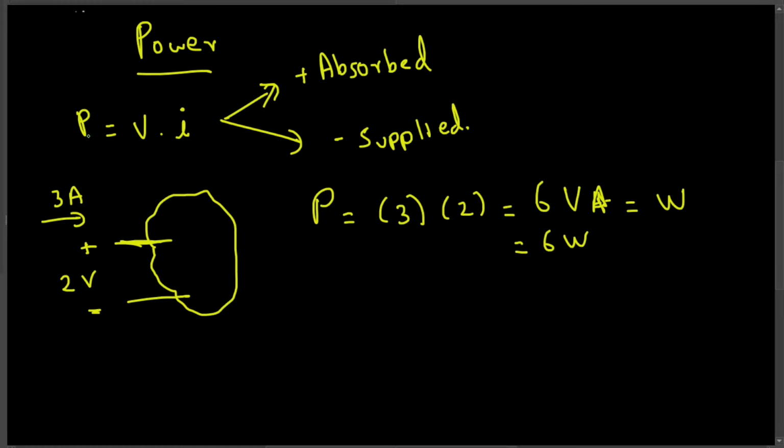And let's look at another example. Let's say we have something like this given. We have a voltage given, that is 4 voltage, and the plus minus aligned like this, and we have a minus 5 ampere current passing through the plus sign. Here what you can do is, to make this one into positive, you can write it in the opposite direction, or you can bring it below as well. So if I do that,